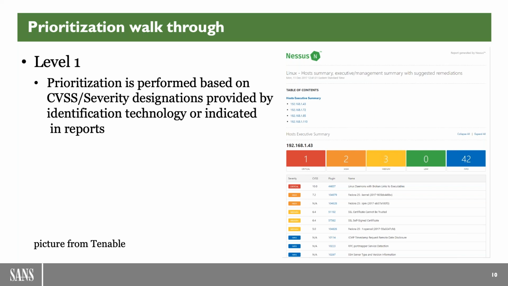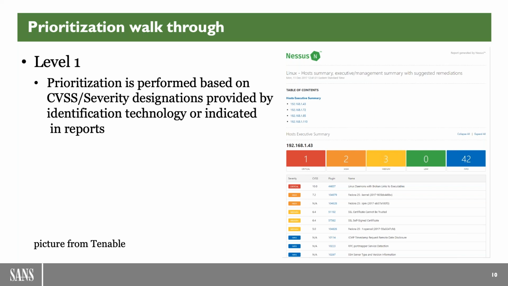So starting off with prioritization, level 1. We're basing this primarily on things like the CVSS score, our Common Vulnerability Scoring System. So that's the default information you get with any of the vulnerabilities out there that are created as part of the NVD, the National Vulnerability Database. So when we're looking at it from a prioritization perspective, we're really primarily relying on this from a